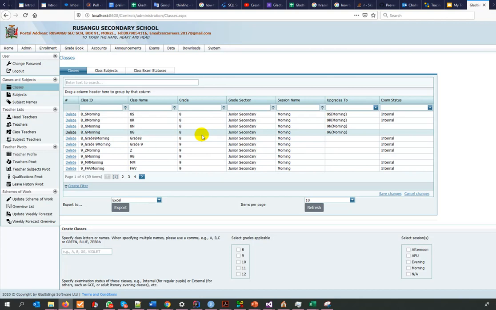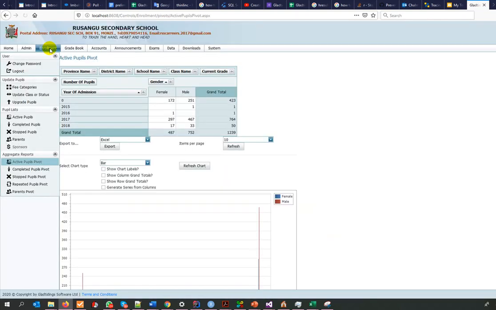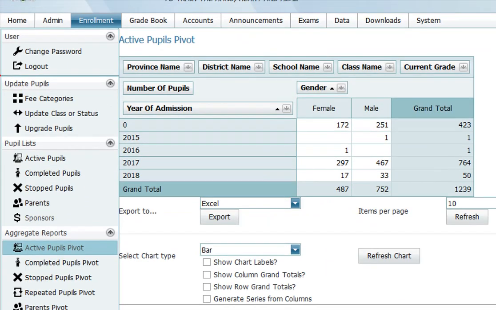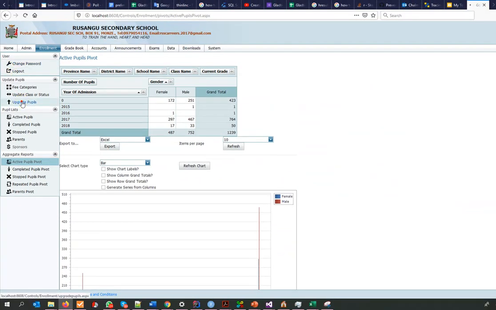the next thing you need to do is go to Enrollment, and then under Enrollment you see there's a link here that says Upgrade Pupils, this one. So you click on this Upgrade Pupils link,